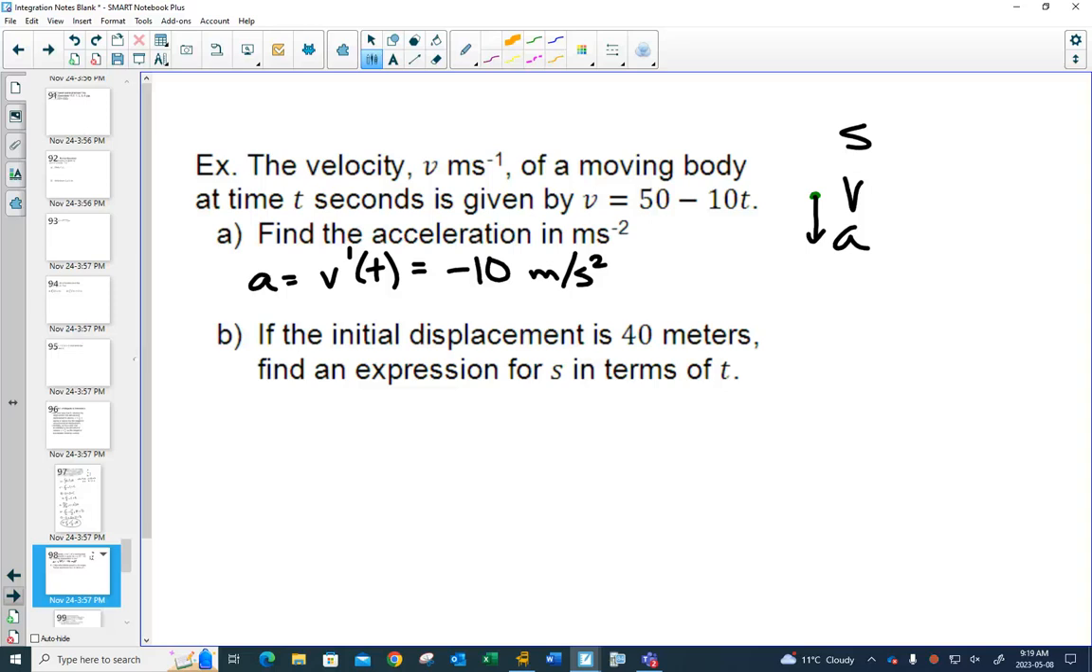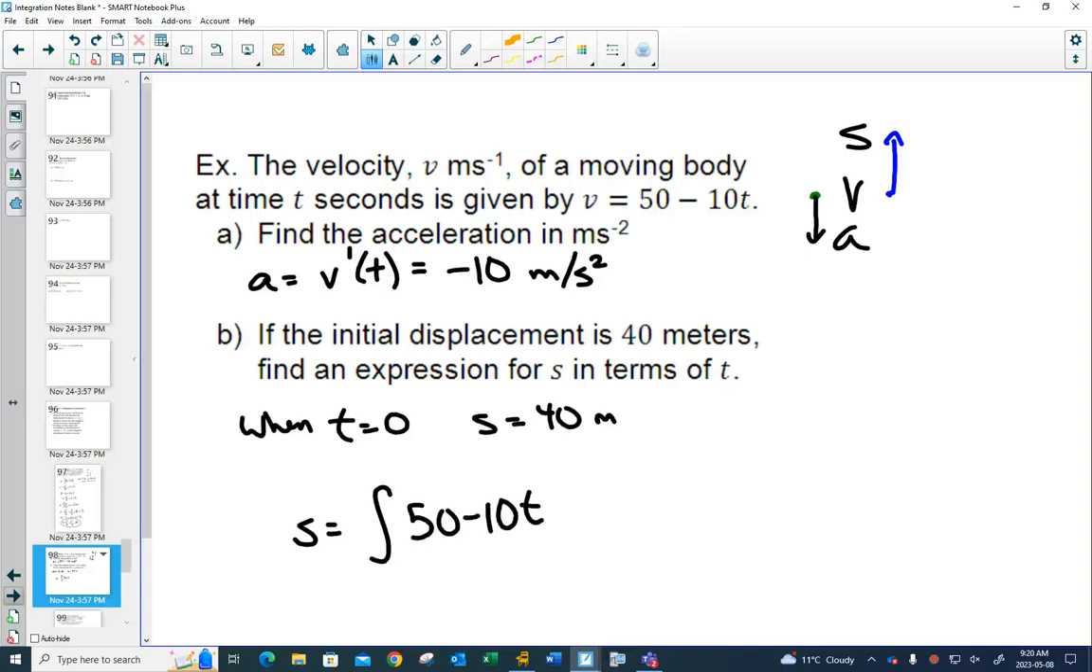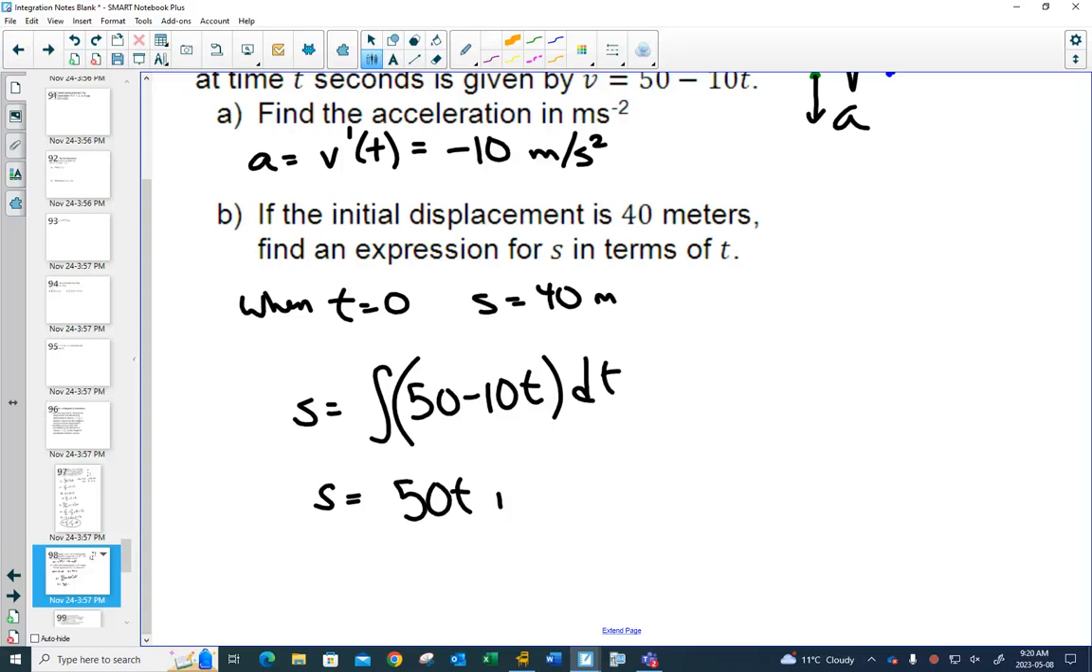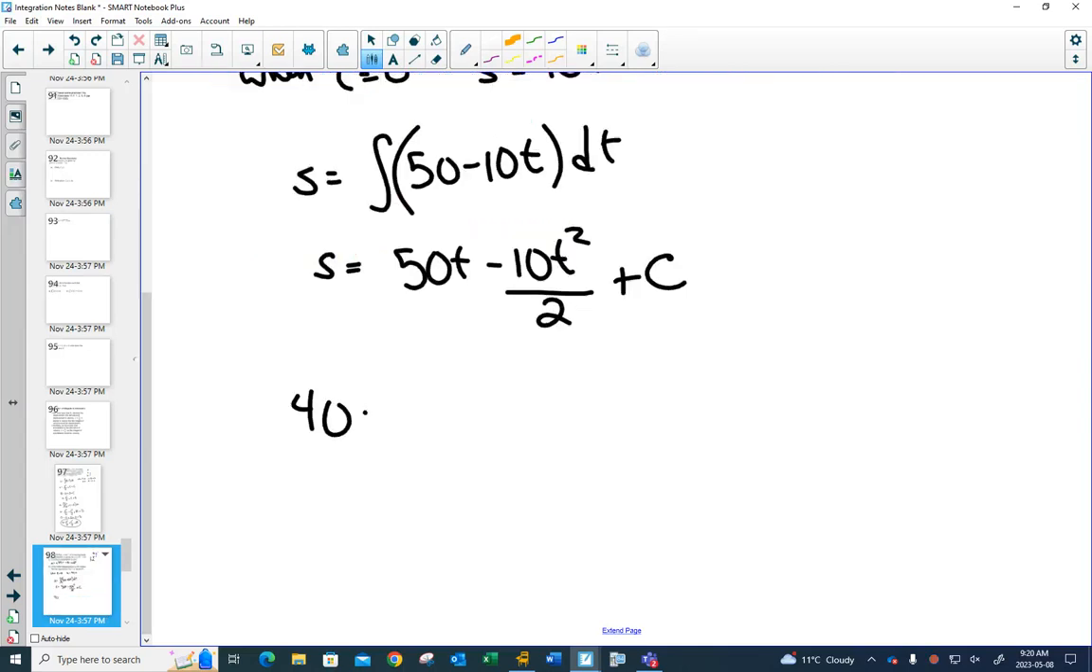interesting. Now, if the initial displacement, so they're telling us when t is equal to 0, s is equal to 40 meters, find an expression for s in terms of t. This time, we can start with our velocity and go up. So we're going to need to integrate. And if you integrate, you're going to get a plus c. But we know that initially, when time is 0, the displacement is 40. So that makes your displacement equation 50 by